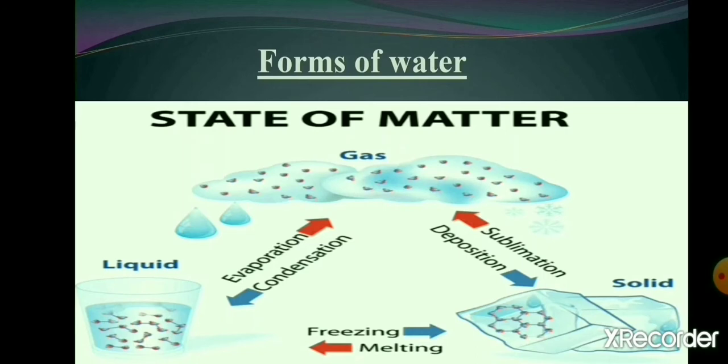Water is essential for our life. It is impossible for life to function without water. In nature, water exists in three different forms. It could be solid, liquid, and gas. The solid state includes snow, ice, and glaciers. The liquid state includes river, lake, ponds, stream, ocean. The gaseous state includes water vapor found in the atmosphere.